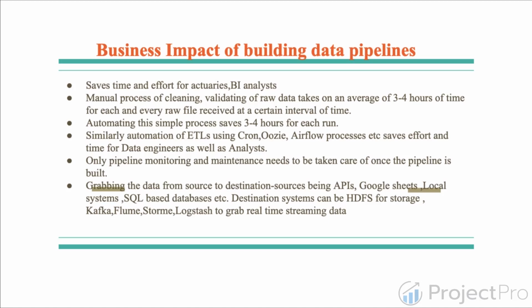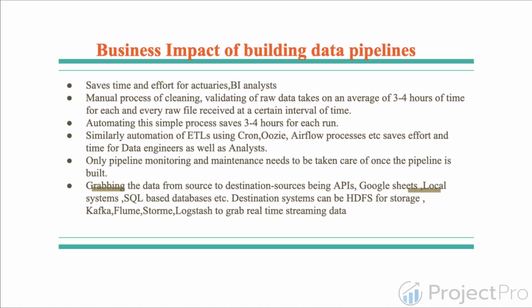So manual process of cleaning, validation, these all if we do for each and every file in local or manually, it's quite tedious process. It will take long hours of time and it's a time waste. So if we automate this process, then we can reduce the time of validation, cleaning and processing very drastically. So automating this simple process saves 3 to 4 hours on an average for each run, for each file. So similarly, automation of ETLs using cron, Oozie, Airflow processes saves effort and time for data engineers as well as